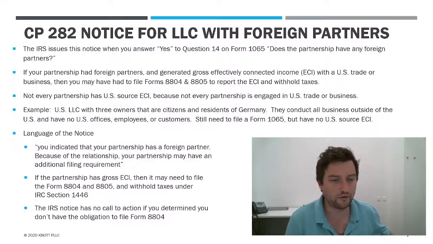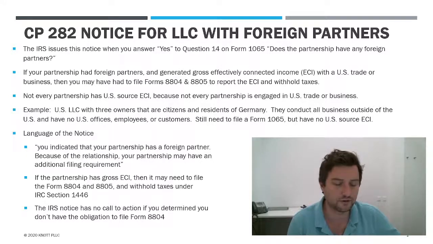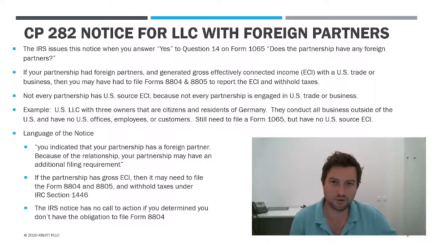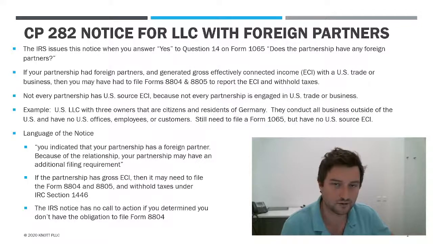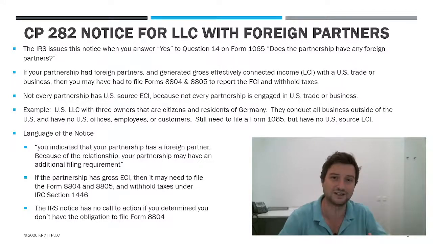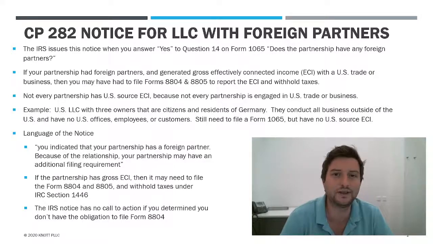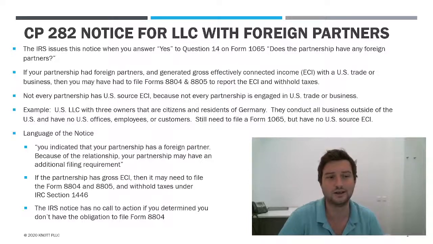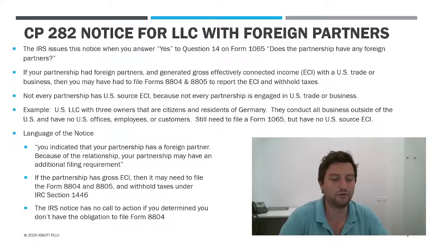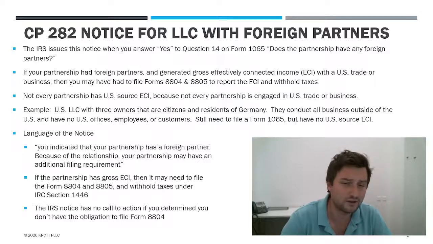Well, if you look on your Form 1065, there's a question on there, right? The question asks, does the partnership have any foreign partners? Simple answer, right? Yes or no. I mean, you look at your partnership group, you look at the K1s. Do you have any individuals, entities, trusts, foreign governments in there that indicate they are a foreign partner for U.S. tax purposes, right? If you answer yes, and of course you should answer that question truthfully, then the follow-up question